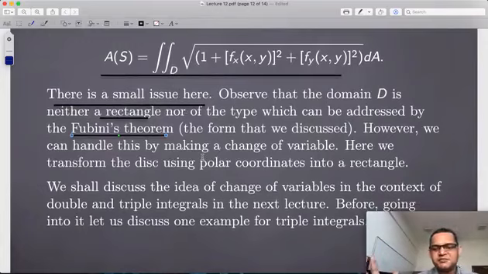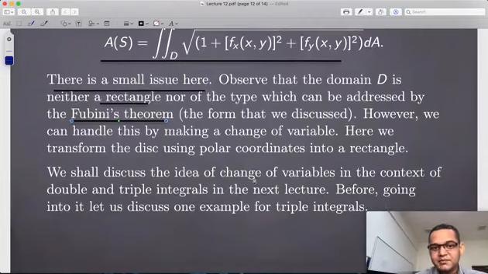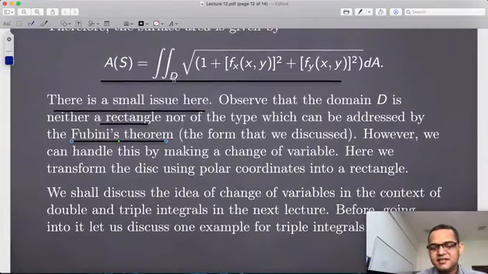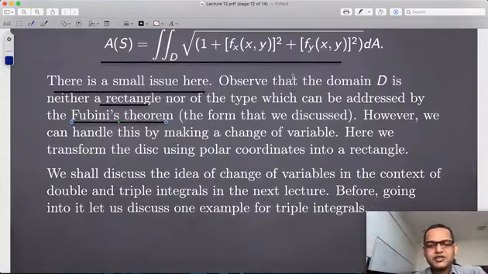Okay, so this disk we will try to transform, and for that we can use the polar coordinates, isn't it? And then we can transform this integral. But how does one transform the integral? Because the domain I can express in terms of r and theta, but with this transformation, how is this integral going to transform? So we are going to develop the idea of change of variable for double integrals, and the same situation will be there in the case of triple integrals also. We will have those discussions in the next lecture,